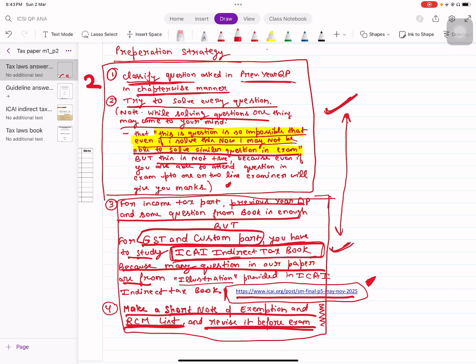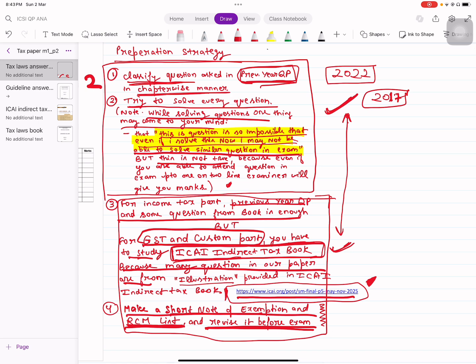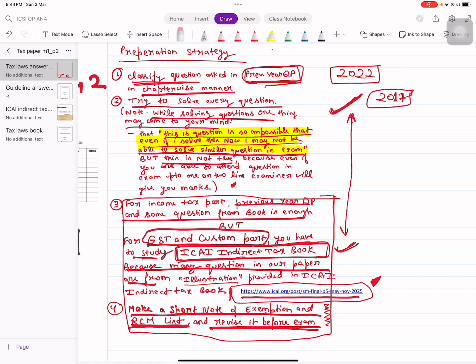Now you may ask that for the new syllabus there are not enough question papers. No, you have to solve the question papers of the old syllabus. Students enrolled in the 2022 syllabus can solve the question papers of the 2017 syllabus, because questions asked in 2017 syllabus papers may repeat in 2022 papers. The syllabus changes, but the rules and how the law works don't change. So whether you are in the new or old syllabus, download the previous year question papers and try to solve each and every question.